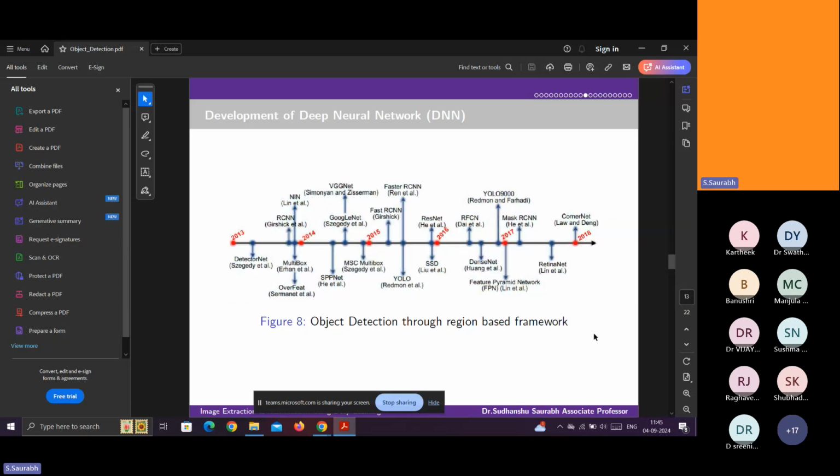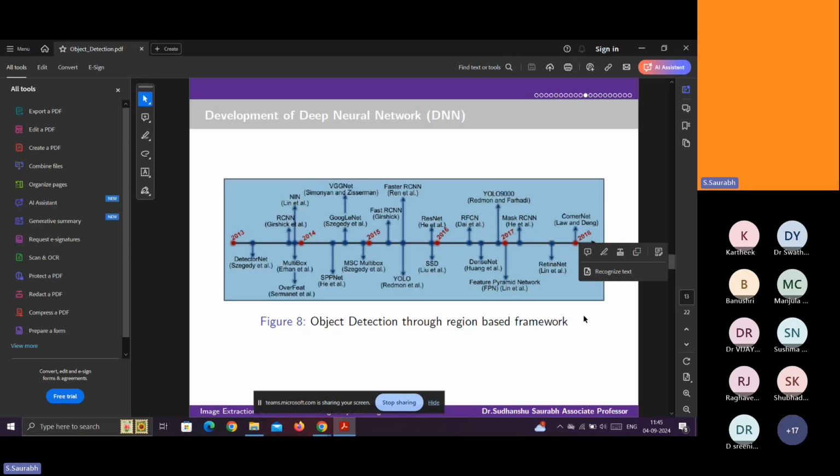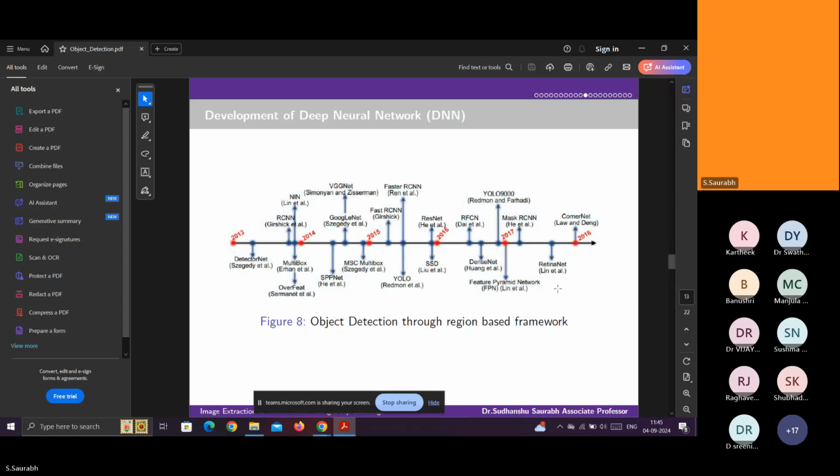But sometimes, if you want to generate a mask on the image, then you can apply the Mask RCNN algorithm. Otherwise, there is no need to use it. And later, RetinaNet and CornerNet, these two models are there, but they are not widely used in the industry.